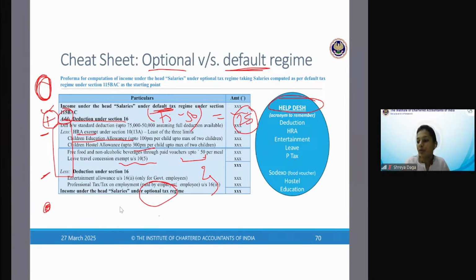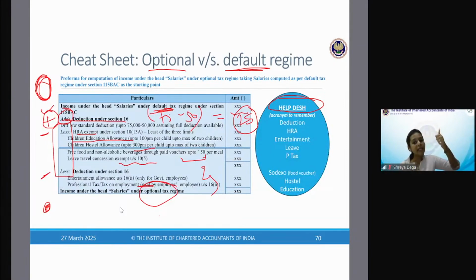ओके। फिर professional tax, professional tax के लिए हमने क्या बोला था, employer pay करे या employee pay करे, difference ये होगा कि अगर employer pay करे तो वो perquisite बन के ऊपर भी add होगा, और अगर employee खुद ही pay करे तब वो ऊपर नहीं add होगा, but deduction कोई भी pay करे वो मिलेगा, और payment basis पे ही मिलेगा, एक ही साल में 4 सालों का P tax भी अगर आप pay कर देते हैं तो उसी साल में मिलेगा जिस साल में आपने pay किया है, क्योंकि ये payment basis का deduction है, ठीक है ना। तो professional tax भी जो होता है ना up to 2,500 per month per annum, वो सिर्फ optional regime में मिलता है, default regime में नहीं मिलता है, तो वो भी आप less करेंगे।